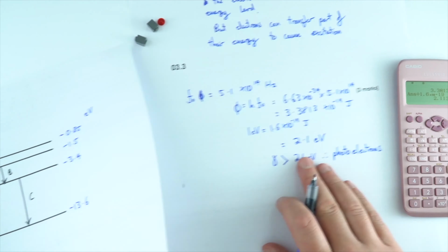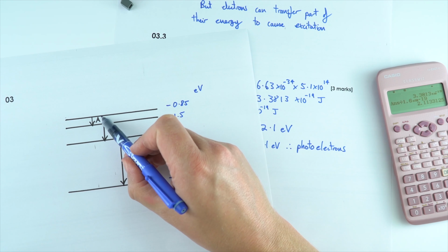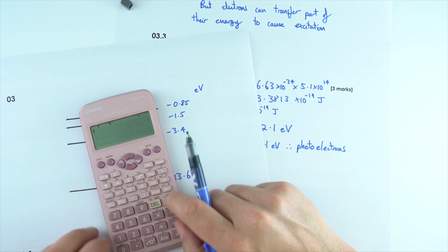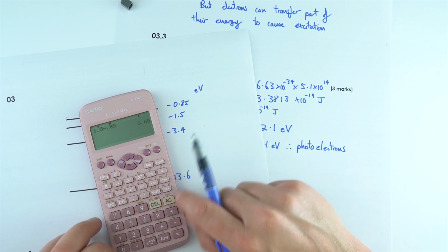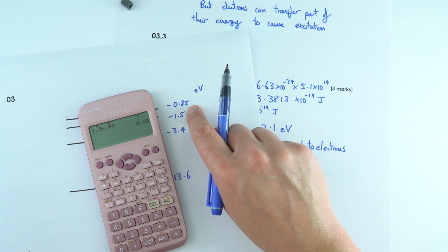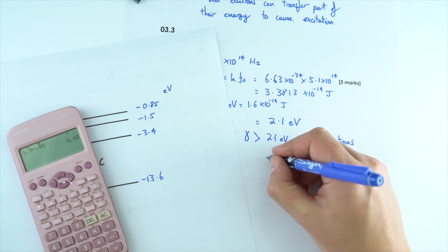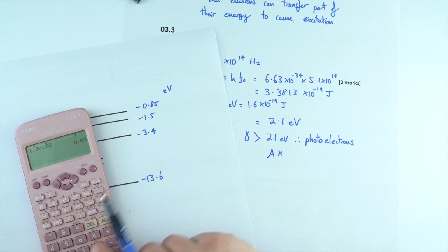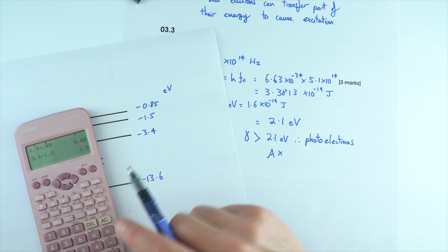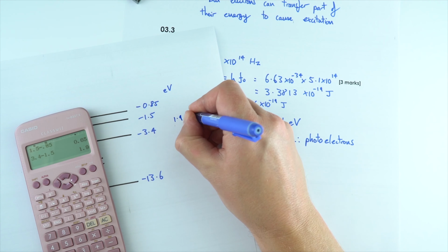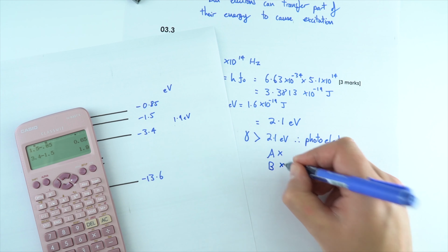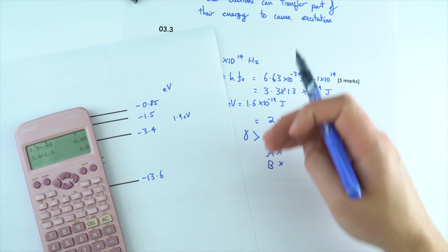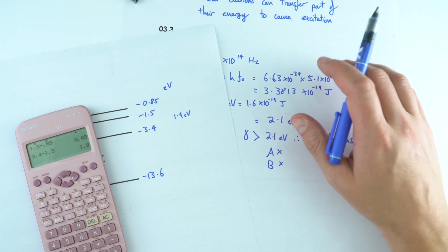Now, looking at the photons we had in the first part of the question, the transition from this level to this level is going to be equal to the change in these two values. For the first one, it's just 1.5 take away 0.85. So the change in energy is 0.65 of an electron volt, and therefore A won't happen. The transition for B goes from 1.5 to 3.4, which is 1.9 electron volts, and therefore B won't happen either, because the photons here don't have enough energy for any of the electrons to be emitted by the photoelectric effect.